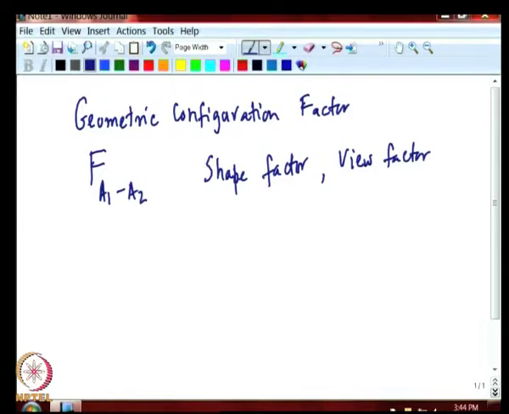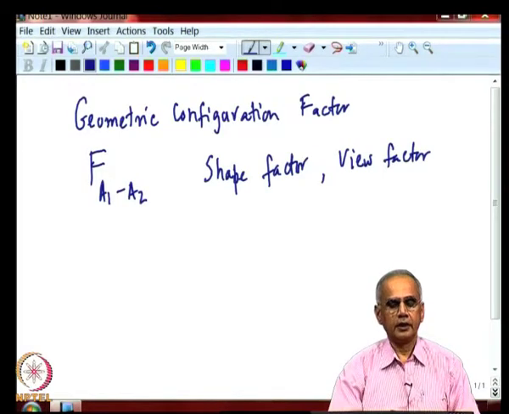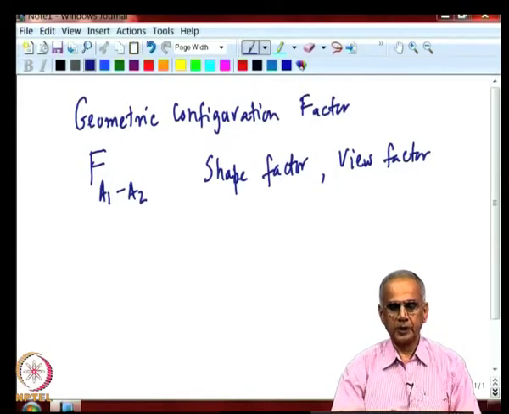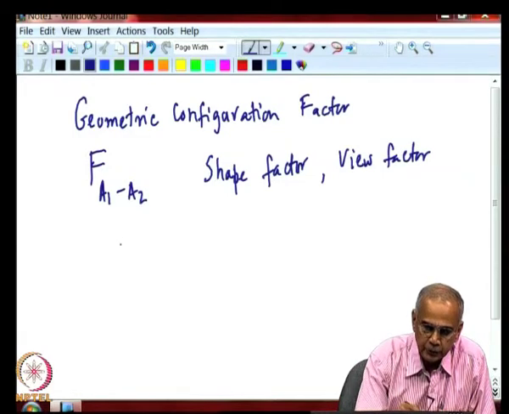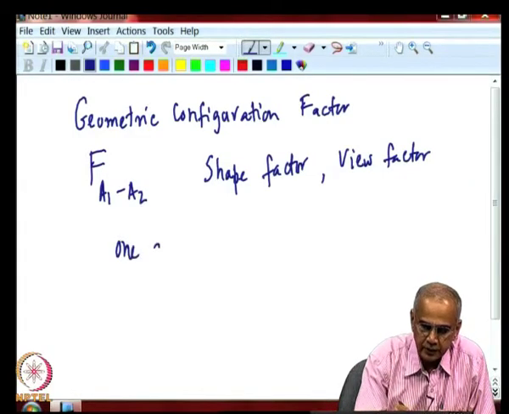We saw that this can be calculated by the direct integration of the equation over both the areas, but this can sometimes get quite complicated and not easy to evaluate. So, it is useful to know for practical application some shortcuts and other techniques to evaluate this for a given situation. So, we start with one example in the last lecture, which is for situations where one dimension is very large.